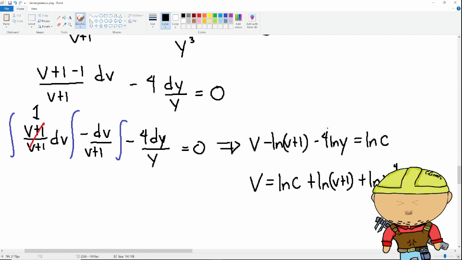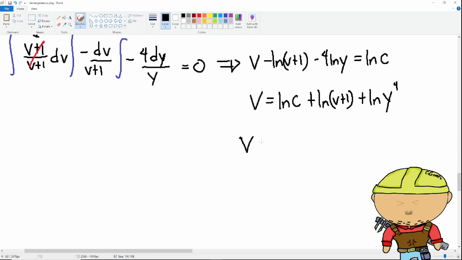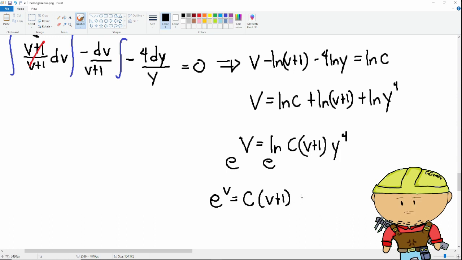Okay, I move the 4 into the exponent of y. Okay? Okay, so simplify further. Okay, v is equal to ln c, v plus 1, y to the 4th. Okay, raise both sides to e, so this will become e to the v is equal to c, v plus 1, y to the 4th. Okay, substitute back, where we substituted x is equal to vy, or v is equal to